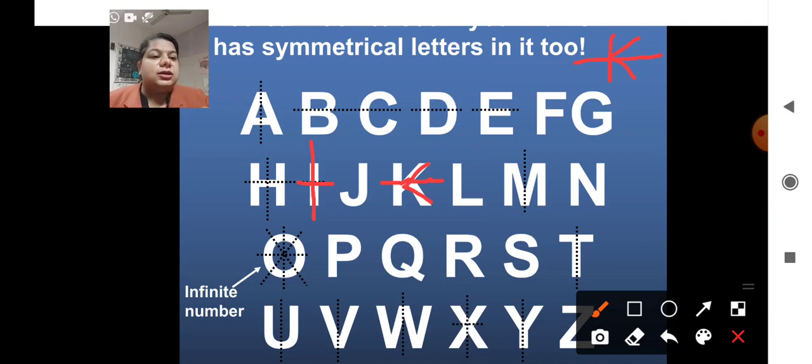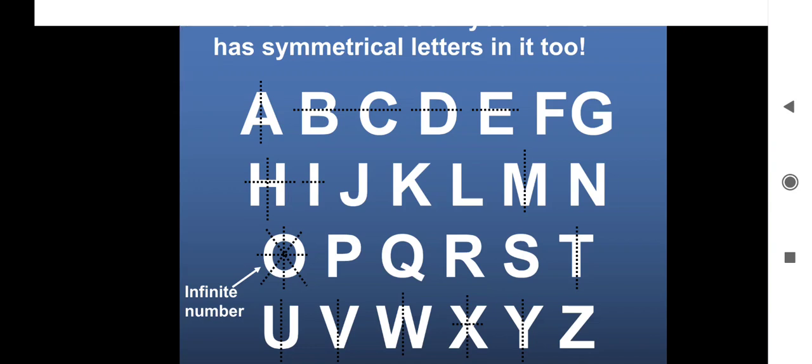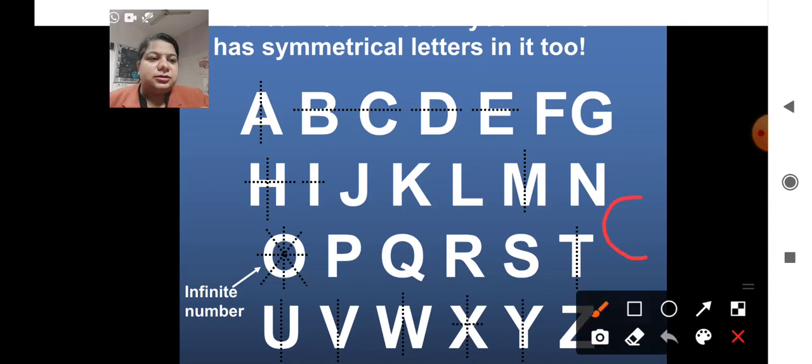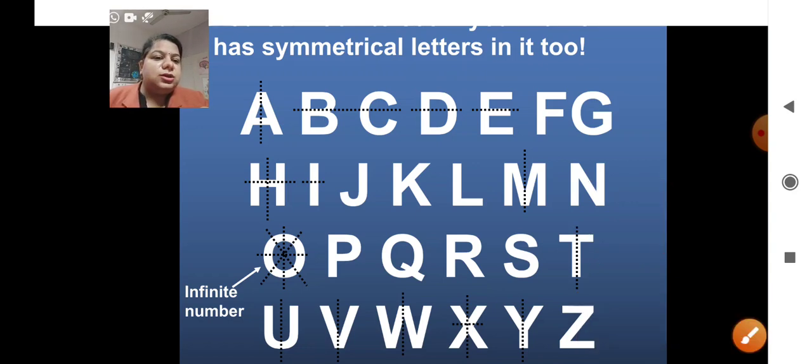You remember what a diameter is in a circle, which passes through the center of the circle, right? So you can draw any diameter of the circle, and it will become its line of symmetry. Similarly the English alphabet O or the circle, which we covered in the last video, has infinitely many lines of symmetry, right? Then P, Q, R, S, they are not having any line of symmetry.